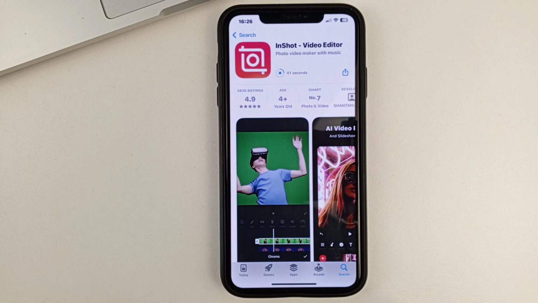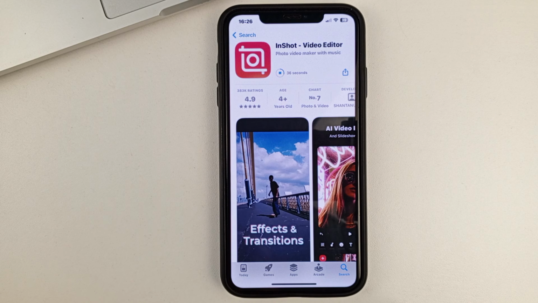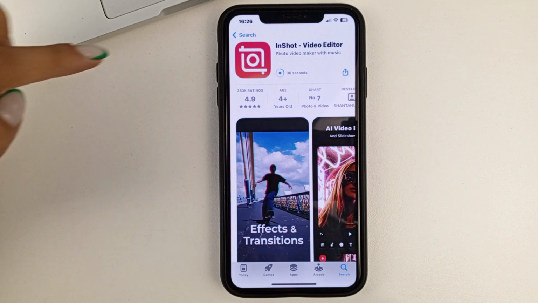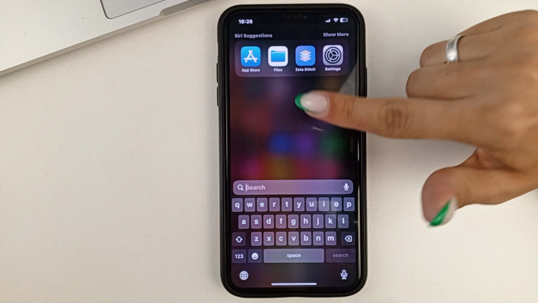And once the app is downloaded to your iPhone, you'll be able to open it without leaving the App Store. You'll see an open section here. Alternatively, you'll be able to find this app on your home screen, let's say. Or if you can't find it on your home screen, then you'll need to swipe down on your iPhone screen and type the word CapCut into the search box. This way you will find this app that has been installed.